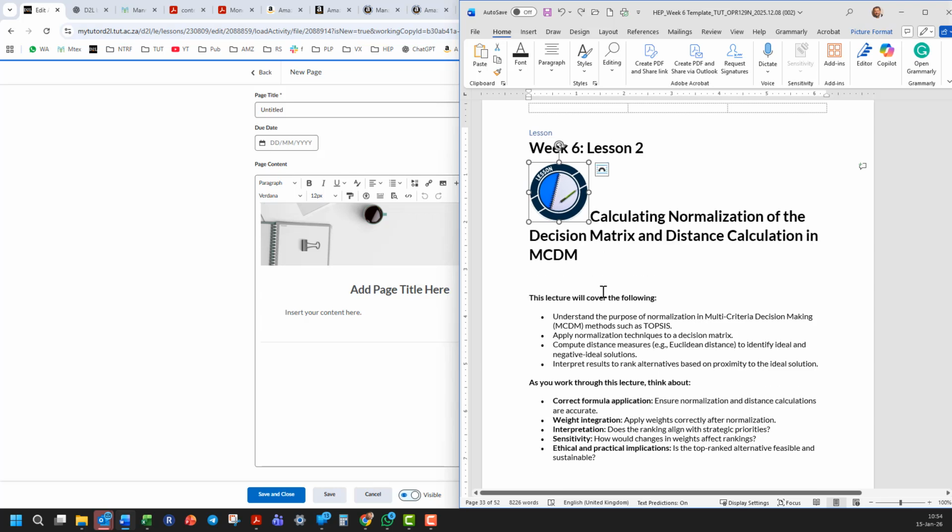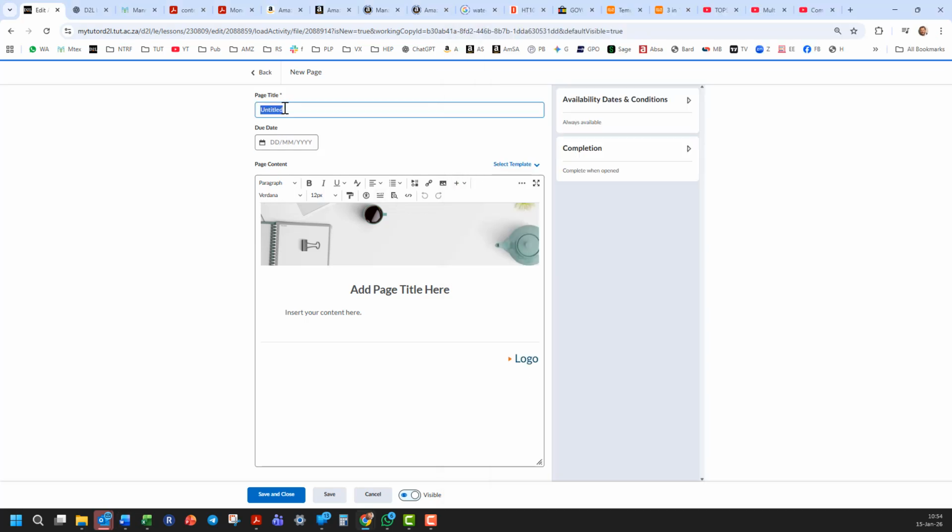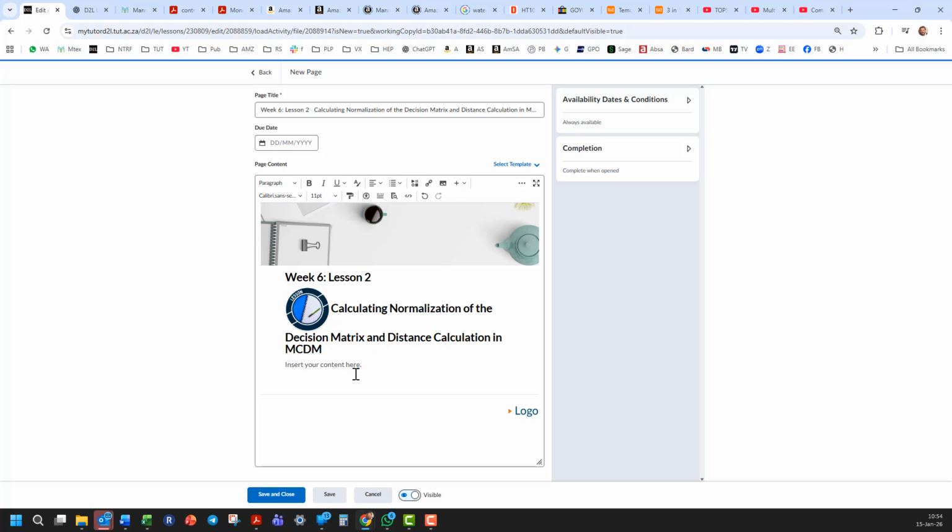Control Z is just go back. I'm just going to copy this, Control C, and I'm going to copy it over there, Control V, as well as the title page, Control V. So there it is. Now I want to put the HTML in there, and I will show you how to do that.